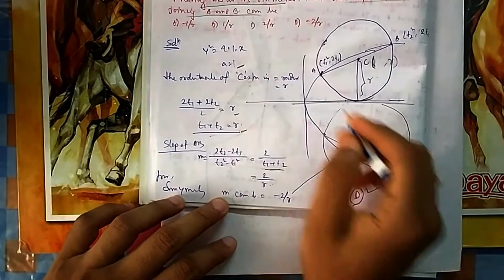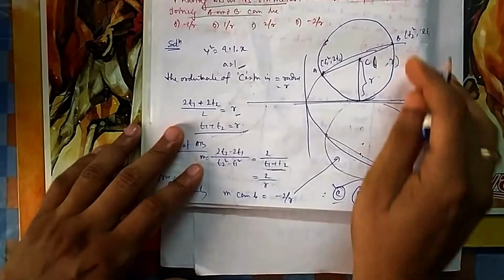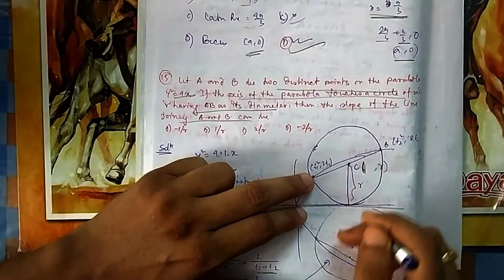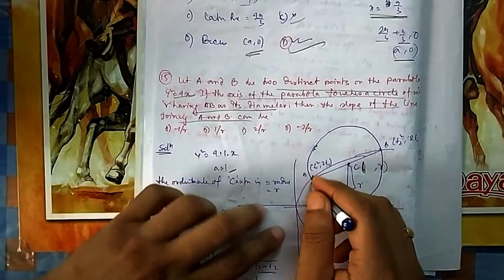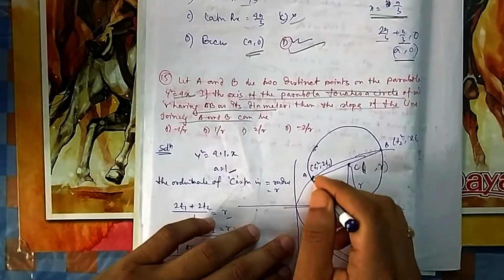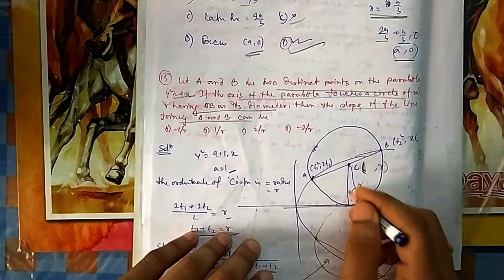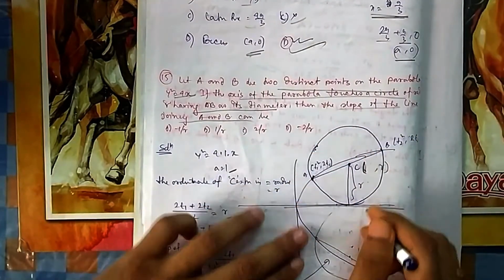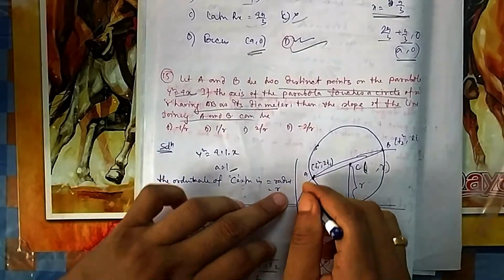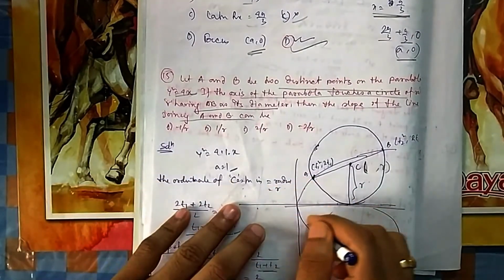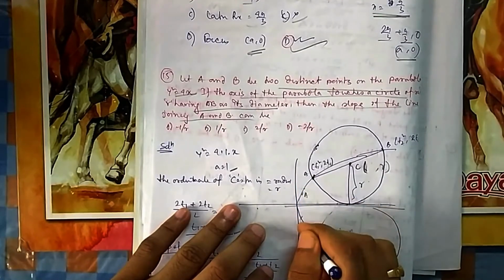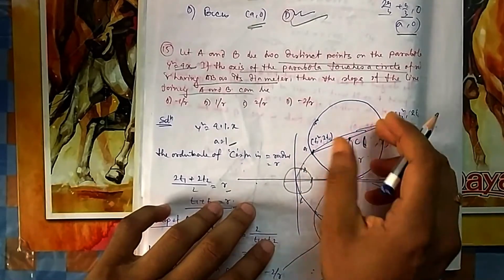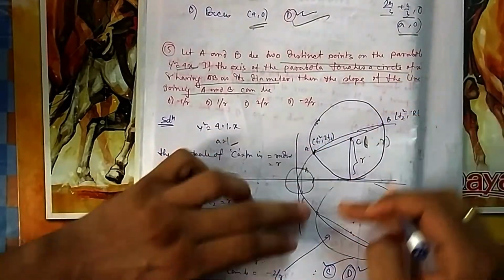So C, D both are correct, because you can draw a circle on the lower side also. So you have to be careful when they are saying AB. You don't take only one quadrant. That can be in the other quadrant also. But it cannot be in this way. A can be here, B cannot be here, because if you do, then the circle will cut the x-axis. It will not touch. It should touch the x-axis. So AB should be here so that it touches the x-axis. If you take A here, B here, then it will not touch. If you draw AB as a diameter, suppose A I have taken, B I have taken, and this is a diameter, then this circle will cut the x-axis, not touch. So that's why A and B both should be either in the upper lip or in the lower lip.